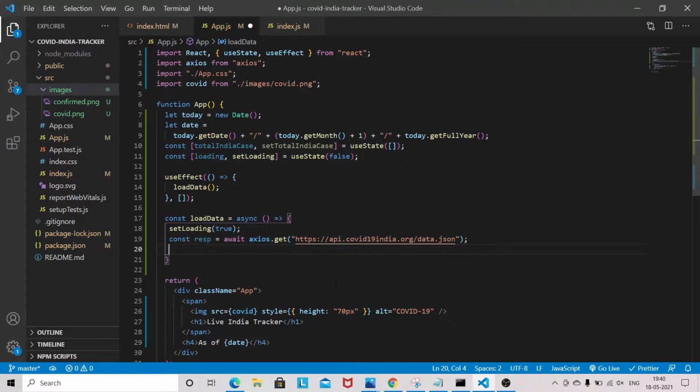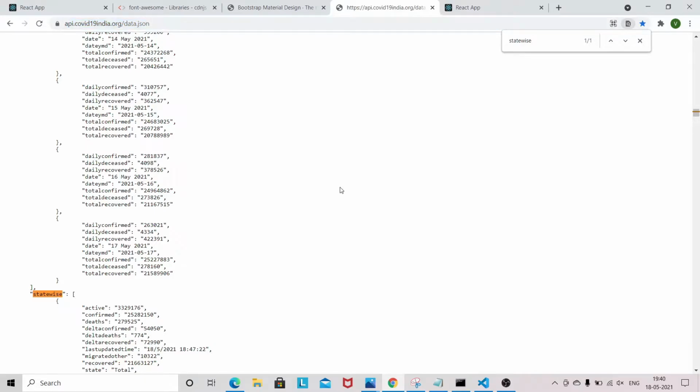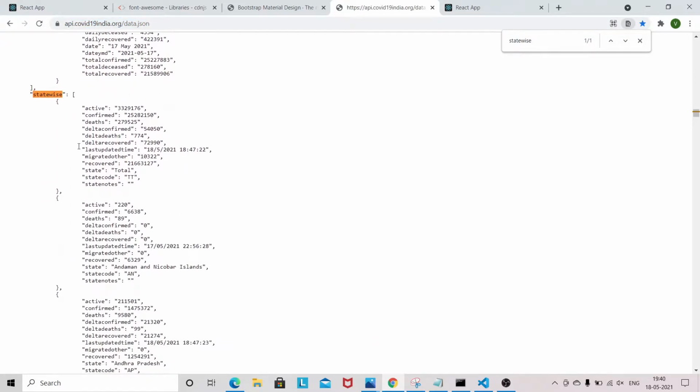Okay. Now first I will do a console log. Okay. Let's see here. So if you notice, the first array object is basically not a state. It's basically representing the total count of India. So we have a total count like confirmed, active, and this delta confirmed, delta recovered is basically how many cases are there on a daily basis.